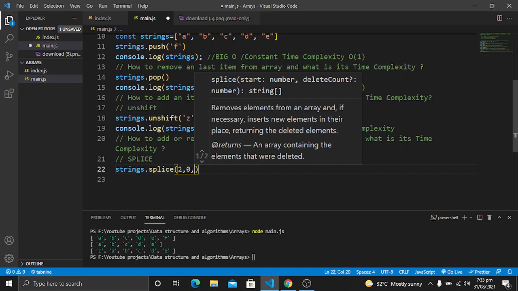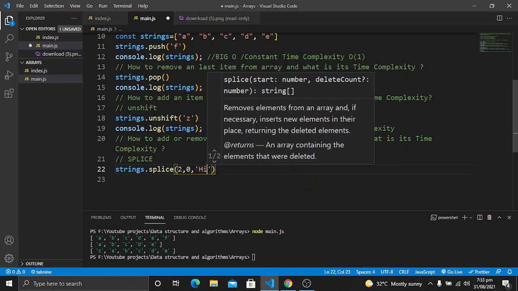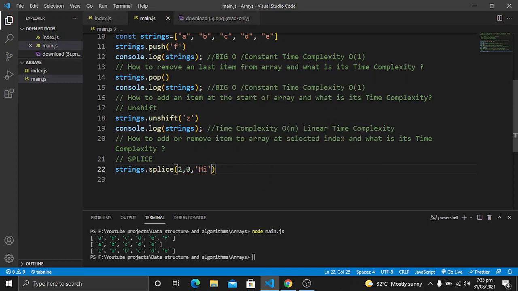Now the third argument is what we want to add at this index. So we want to add high. The high will be added at the index of 2. So 0, 1, 2, it will be added here. Now our array is this one, which is z a b. So z will be at index 0, a will be at index 1, and b will be at index 2. So at index 2 it will add high.